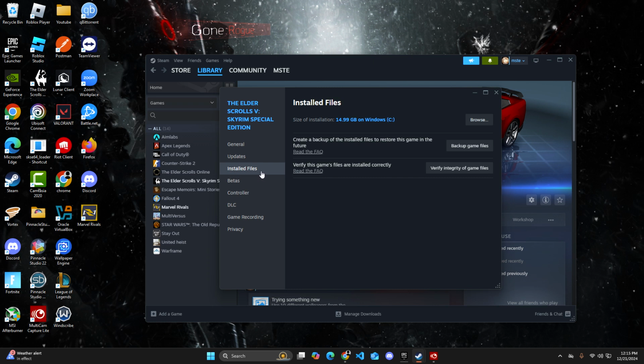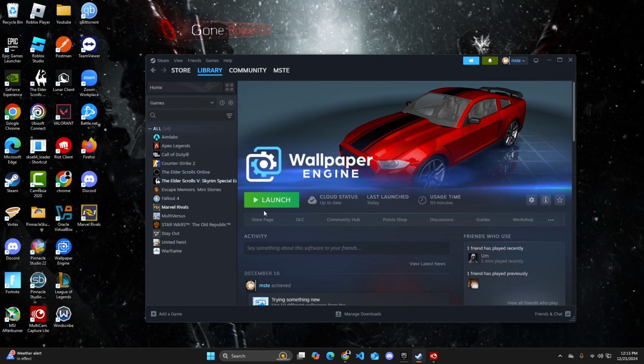From installed files, all you want to do is just click on verify this game's files are installed correctly, and then hit verify integrity of game files. And what this does is this basically just removes any corrupt files that may be causing issues. So that could fix the issue. Once you're done with that, go ahead and just X out and then try opening up Steam or opening up